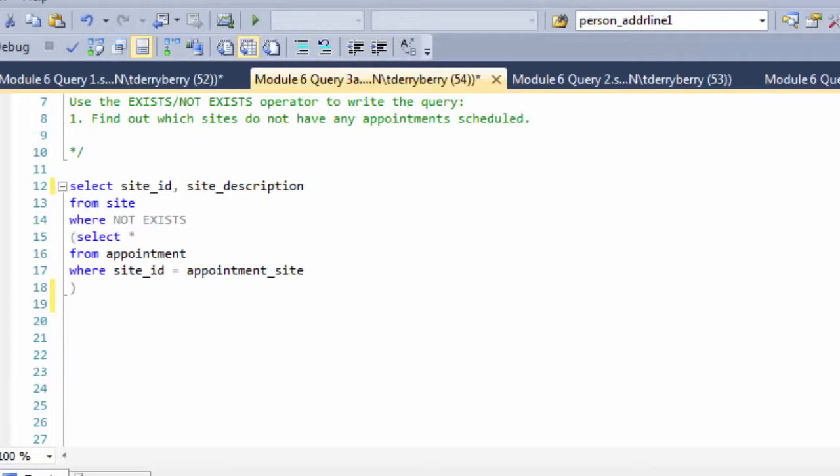In this first query, we're selecting the site ID and site description from the table site where not exists, and then a subquery select star from appointment where site ID equals appointment site. Basically, what the not exists operator will do in this example is that for each site, it will test the subquery to see if it gets back any results. If you were to run this subquery by itself for a site, you would be able to tell if the query returned any results. For example,